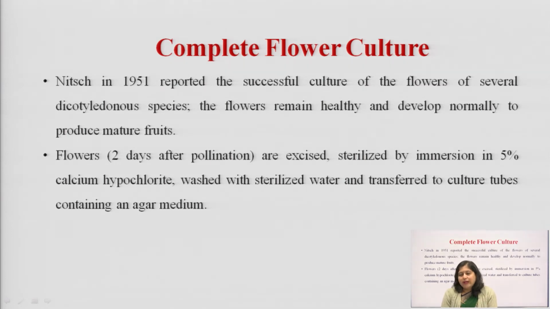Flowers 2 days after the pollination are generally used. You are not going to use the young unpollinated flowers because they will not be of that much use, because they will only have the one part of the parent plant, the other part of the parent plant won't be there in the flower. So, for having both the parts, it is used after 2 days of pollination where the zygote formation has taken place, and then after that they are excised, means cut into small parts, and then